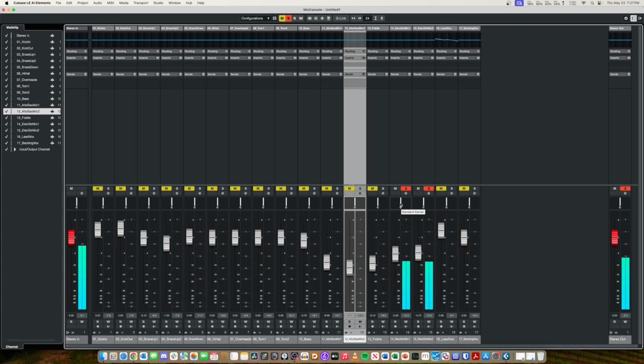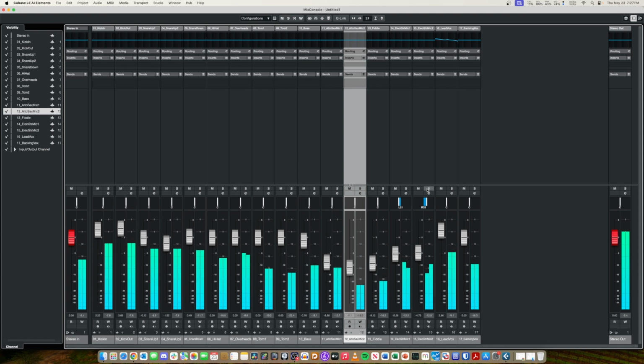Let's start to pan these guitars. Pan them left and right here. That's super hard, but I don't know if the audio in OBS is coming out as stereo or mono, but